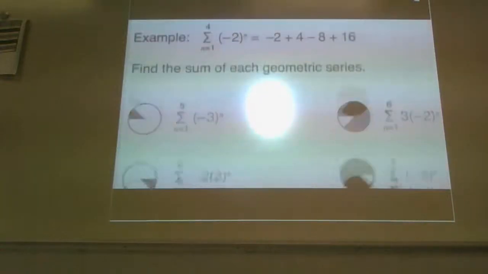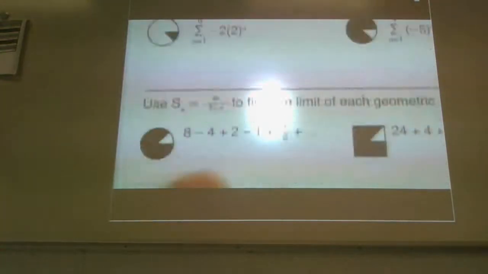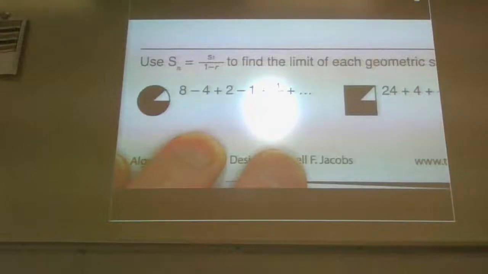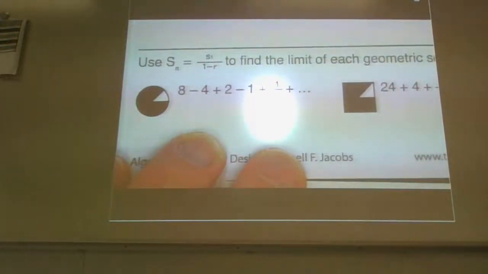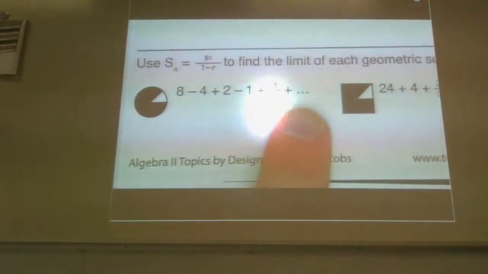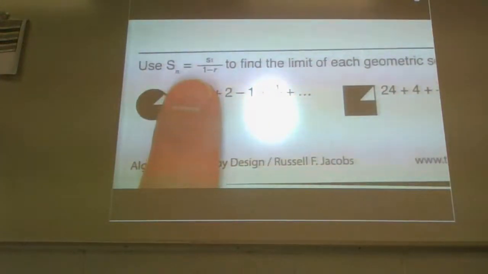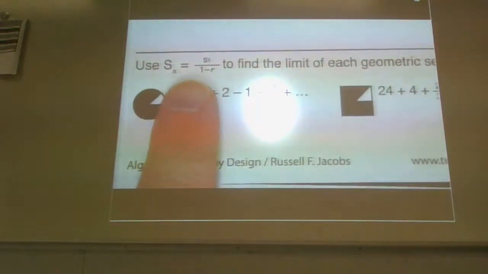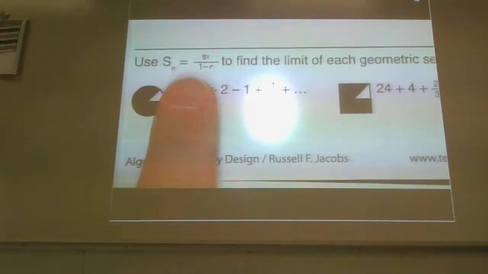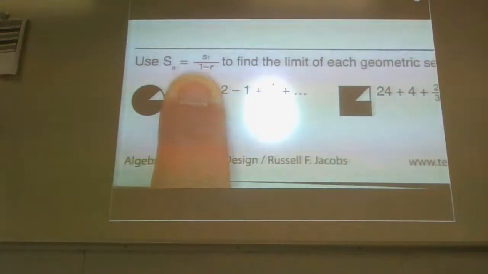And then in the last section down here, this is an infinite sum. You can tell it's an infinite sum because of the dot, dot, dot. In fact, this formula is the formula that I had you write down into your notes earlier this week. That was the infinite sum of a geometric series where you have to identify the first term and that common ratio. And if you can identify both of those and do the calculation correctly, it will spit out the correct answer.